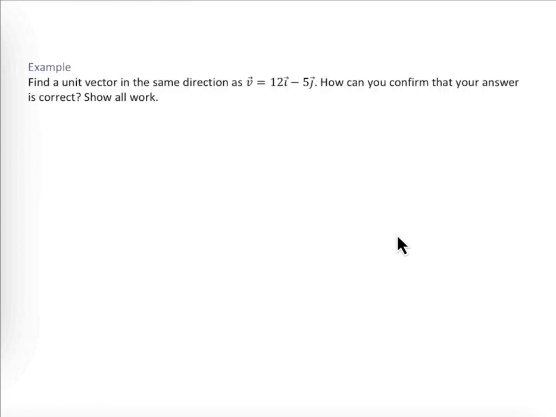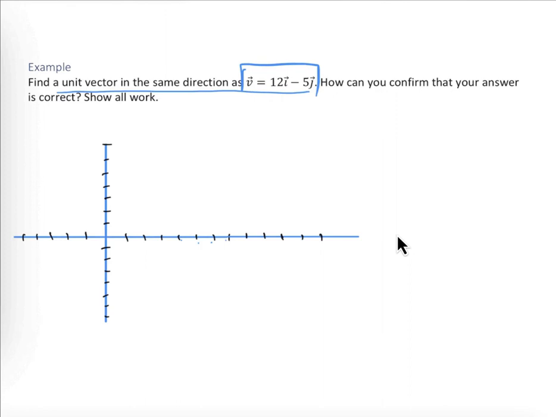Let's take a look at an example where we're asked to find a unit vector in the direction of some vector v. And let's also keep our eye on the geometric interpretation. I think it helps the algebra to sink in a little bit. Let's go ahead and graph vector v that is 12 units in the horizontal direction. So we're going to go 12 units to the right. So here we have 12 units to the right, and then we're also going to go 5 units down, 1, 2, 3, 4, 5 units down, and we'll land somewhere out here